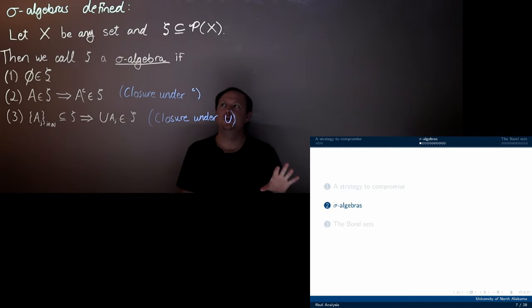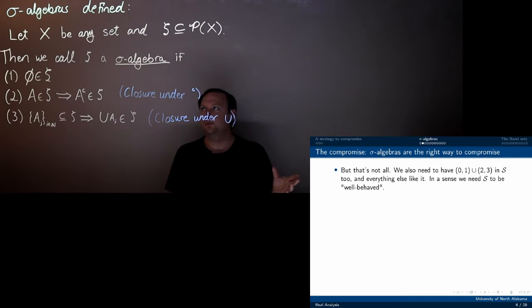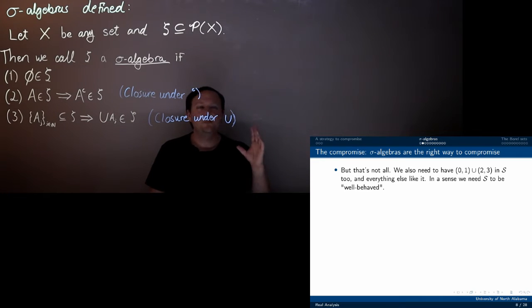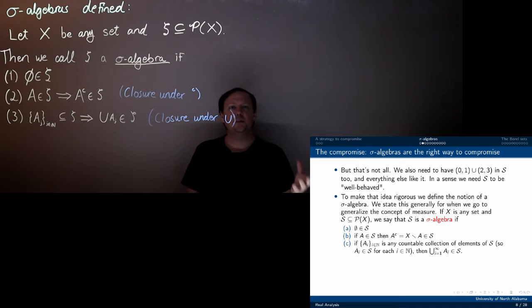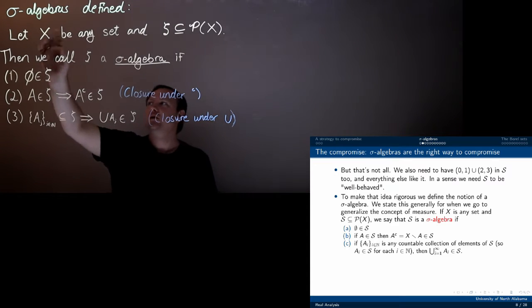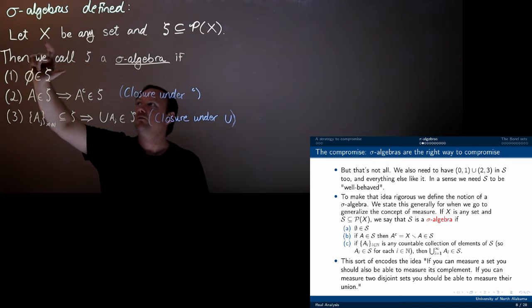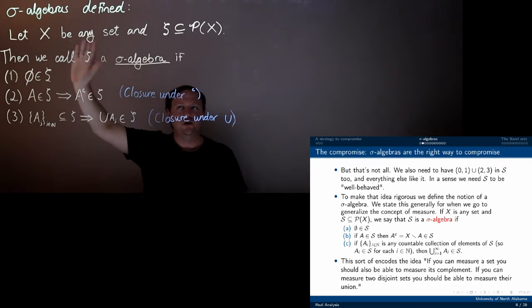Okay, so we're going to define a sigma algebra, which is basically going to encode our notion of a well-behaved subset of the power set. Now, we're going to do this on an arbitrary set X. For us right now, X is going to be the real numbers, but later on we'll want to generalize this